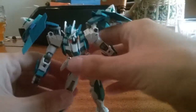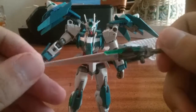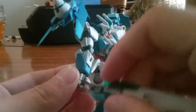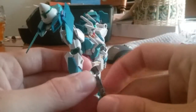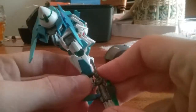So for accessories, you are going to be getting the two GN Sword 2s, which I was never a fan of on the original 00. So the way these work is you can just slot these into the hand and use them as a sword, or you can take them out, pop this up, pop this down, and there